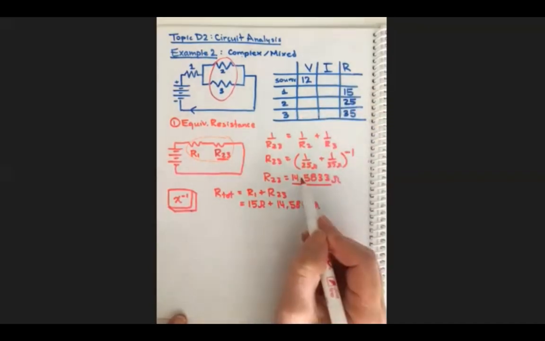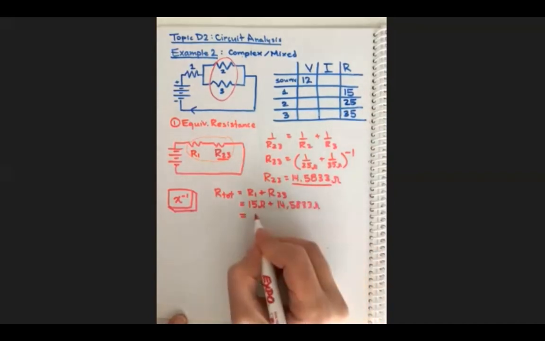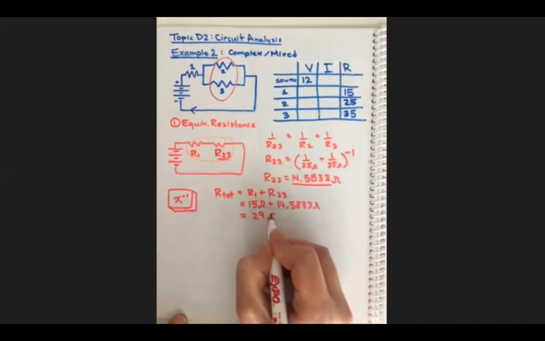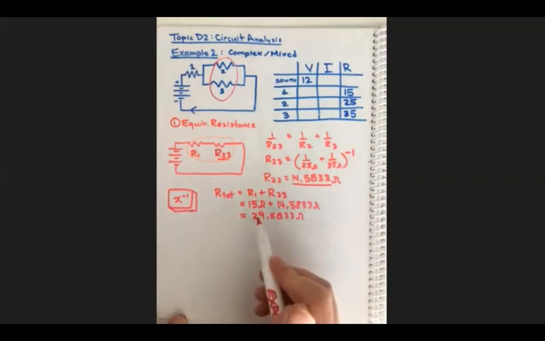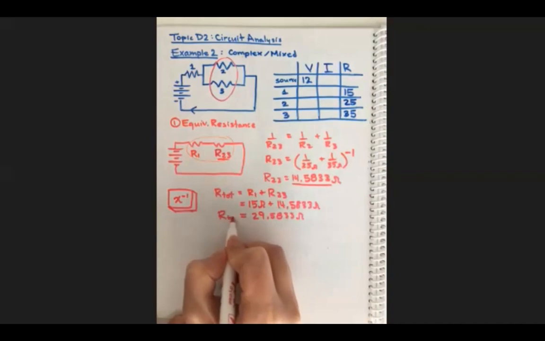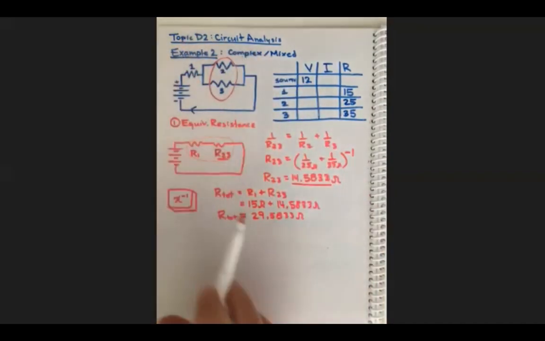It's just an intermediate answer, and we don't want to round intermediate answers. Equals 29.5833 ohms. Now that's the number. That's our equivalent resistance. If we were to take all three of these resistors and replace it with one resistor, the equivalent resistance would be,